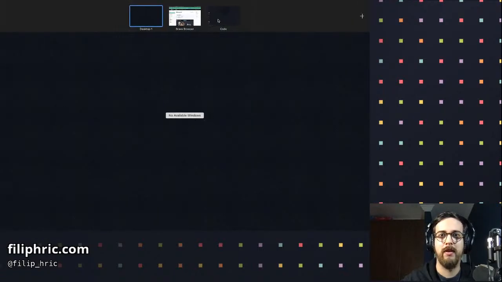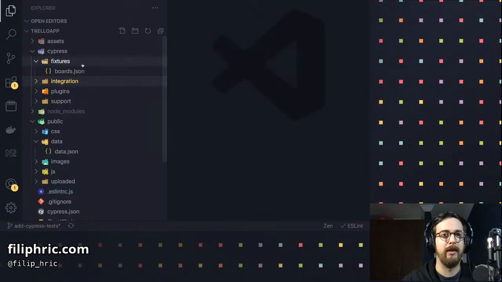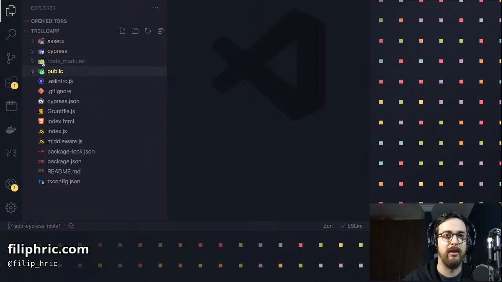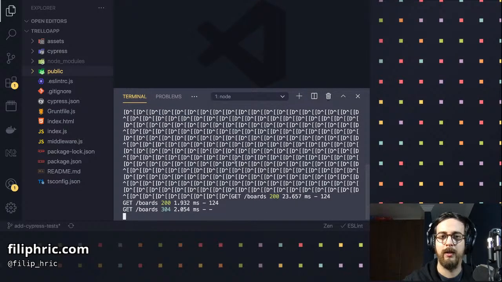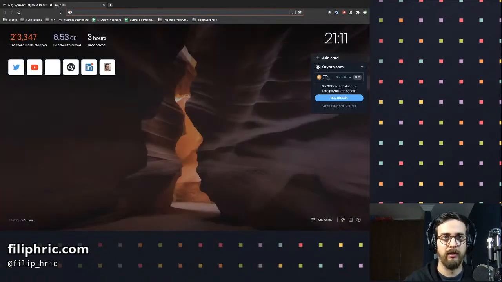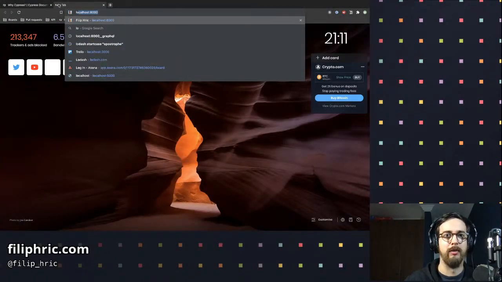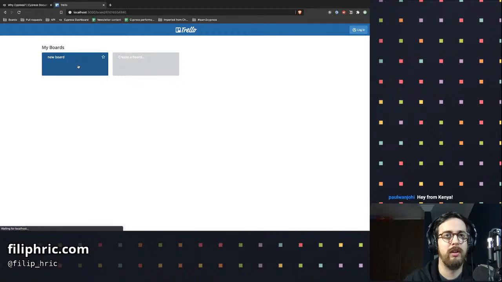So I'm now back in my application, into my Trello application, and today what I want to do is to play a little with the intercept command that has come out with version 6 of Cypress. Just to show you a little, this is the